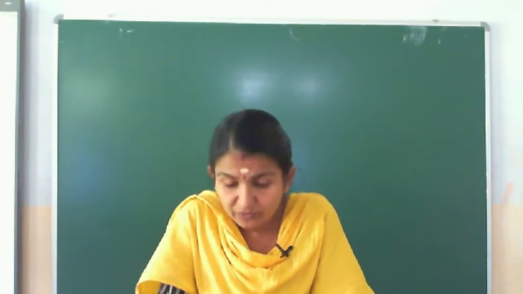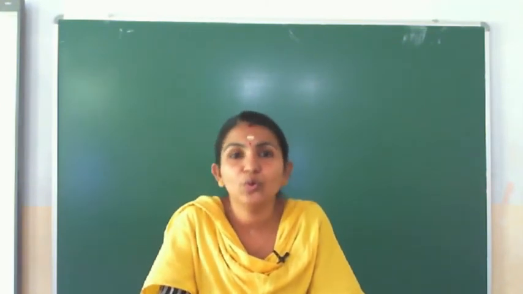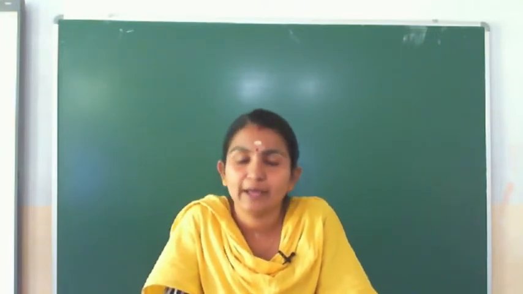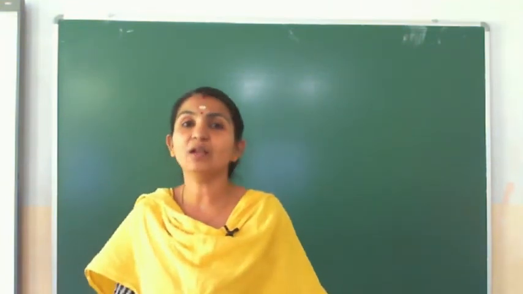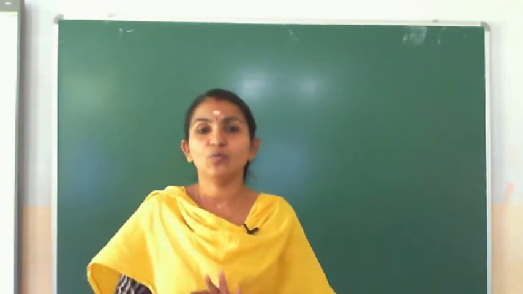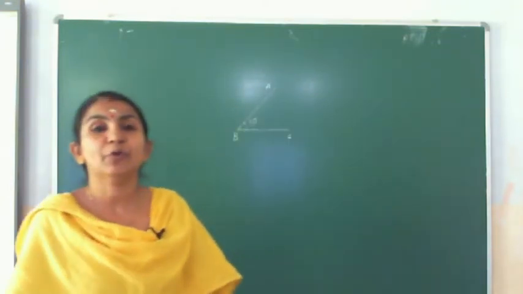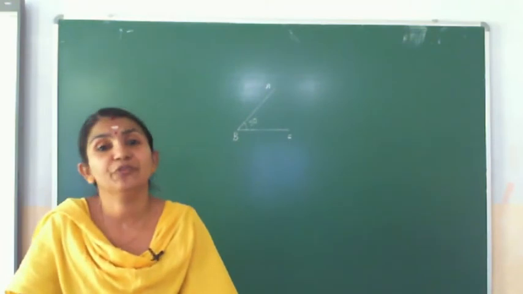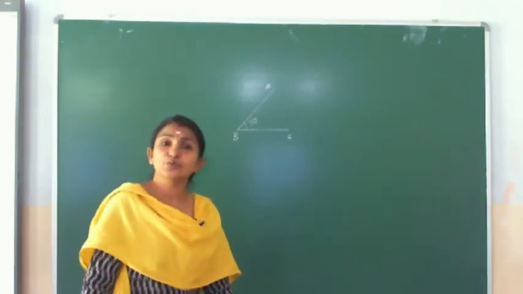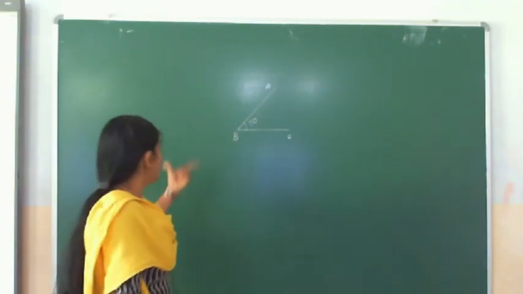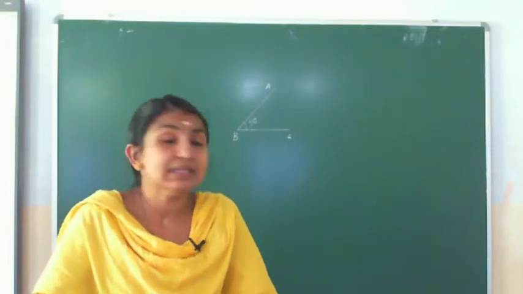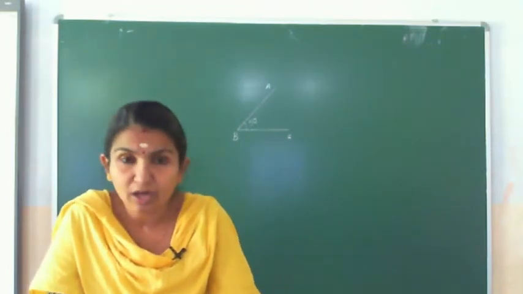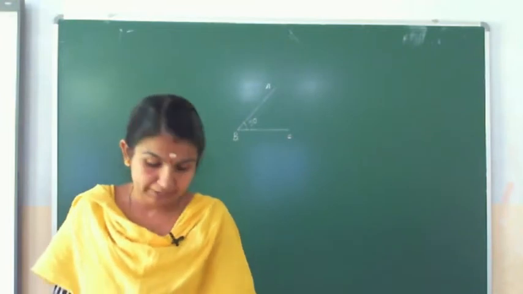For that, first we have to draw an angle. So, take your protractor and draw a 50-degree angle. I know that you already studied how to draw an angle with a protractor, so I do not want to spend much time on that. With the protractor I just completed a 50-degree angle. Now we are going to copy this angle in some other place without using our protractor. First we take our scale and draw a line segment.